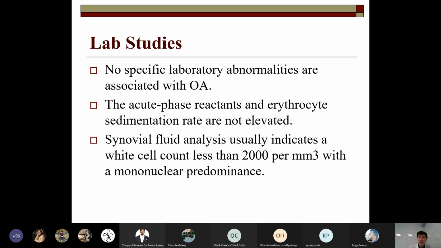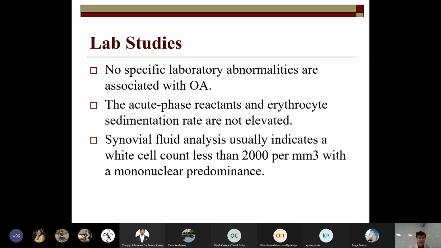So what about the lab studies which can be applied as a mandatory component of the examination of the patient with osteoarthritis, as well as in adults who are expecting to have osteoarthritis? Unfortunately, there are no specific lab abnormalities which can be associated closely with osteoarthritis. There are no clinical data associated with specific lab reports apart from active synovitis with a link to